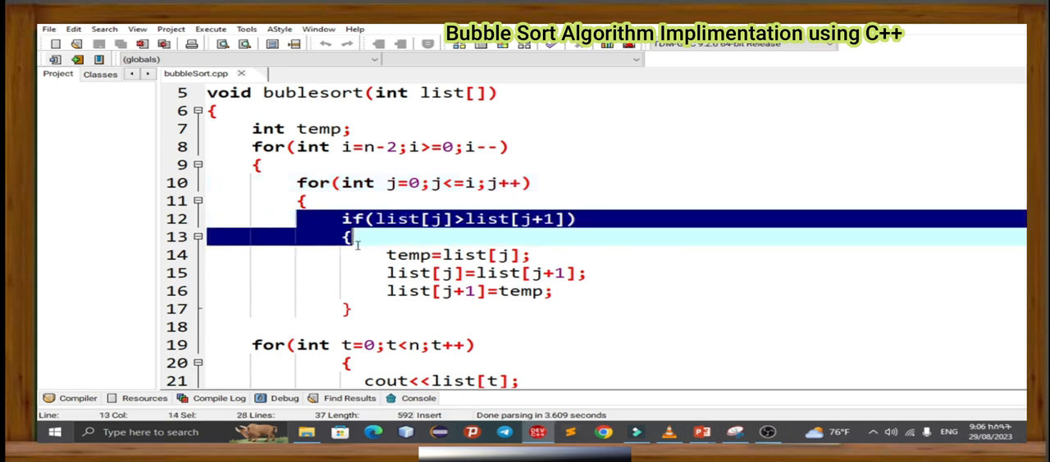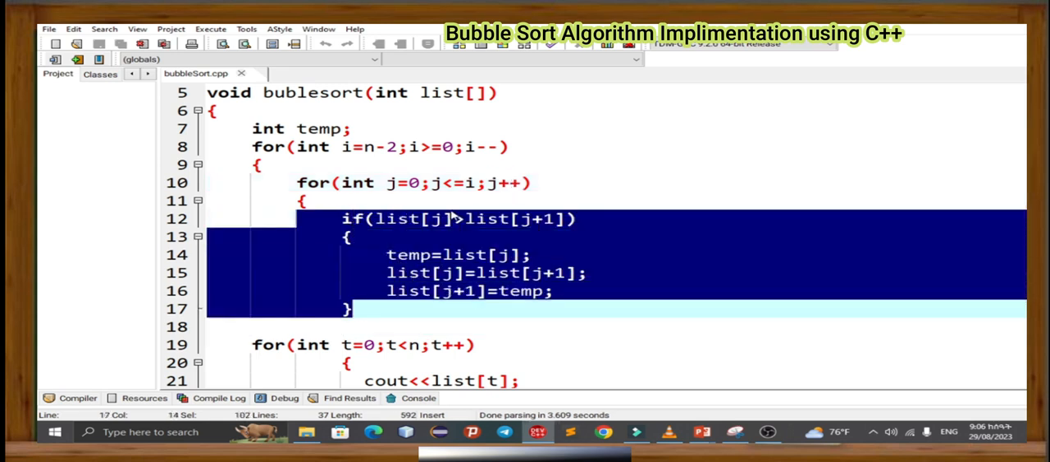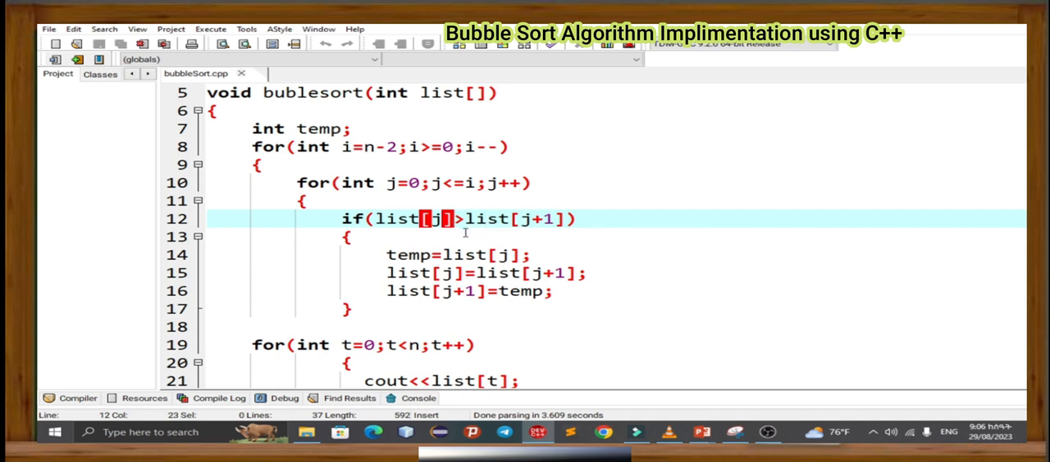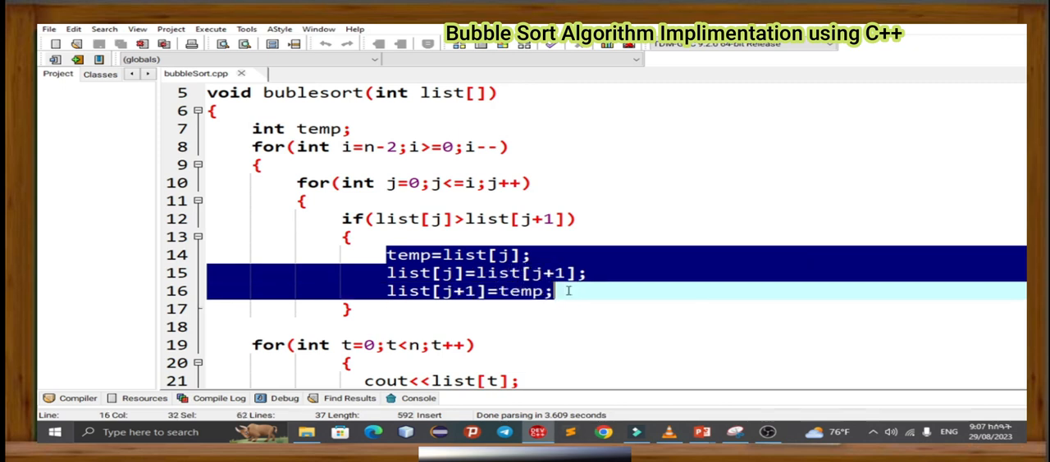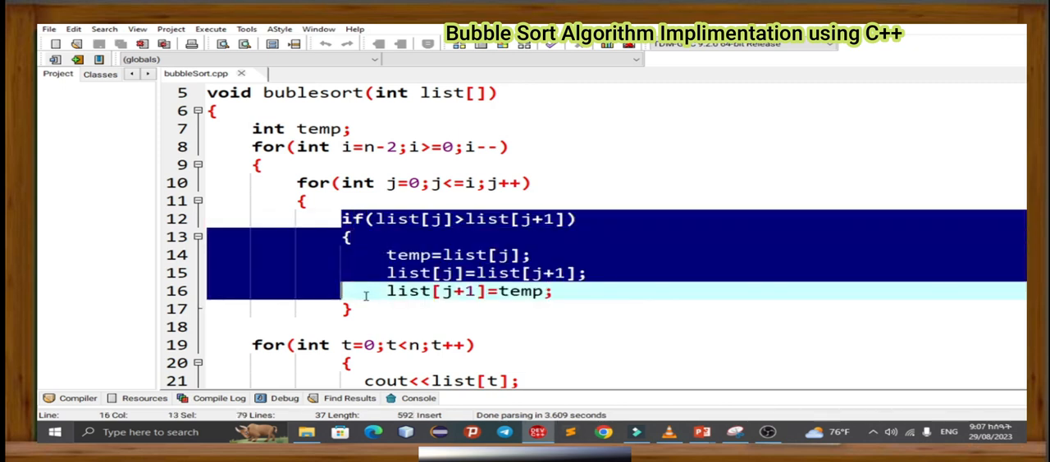Then inside the nested for loop, there is an if condition which checks whether the list of j is greater than the list of j plus 1 item. As you see from the diagram in the previous example, j is the first one and j plus 1 is the next one. So if the previous is greater than the next item and this condition is true, you should swap the two items. Otherwise, if the condition is false,